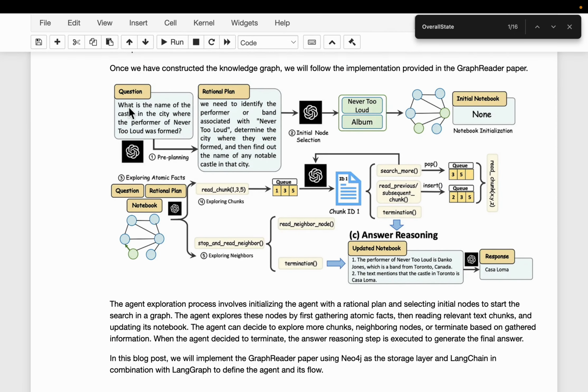So we build the graph. Here the user asked a question: what is the name of the castle in the city where the performer of Never Too Loud was performed? That's our question. And then the first node came up with this initial plan: we need to identify the performer or the band associated with Never Too Loud to determine the city where they were first formed, then find out the name of any notable castle in that city. That's the plan, right? And initially the agent has selected 2 nodes,